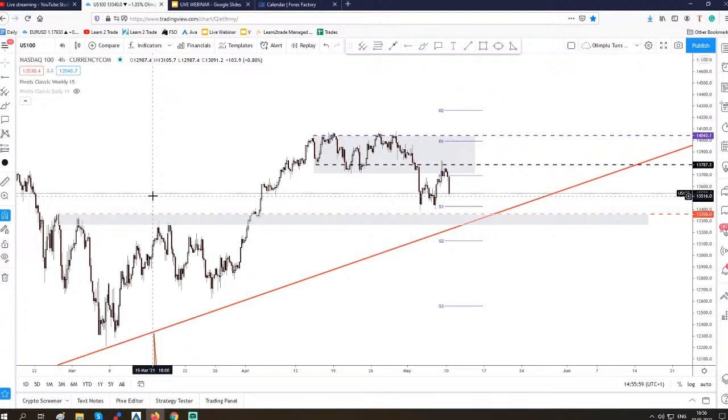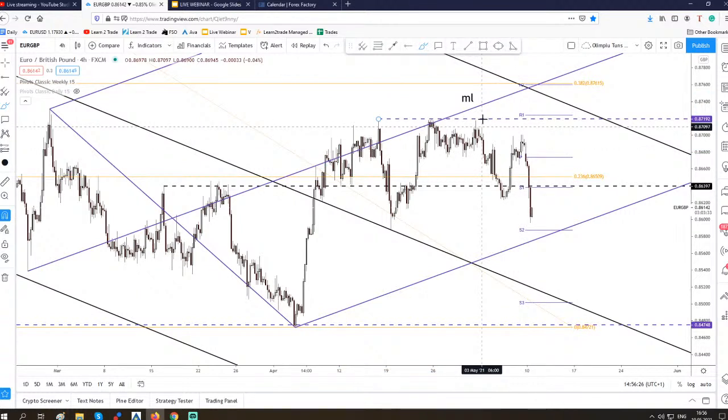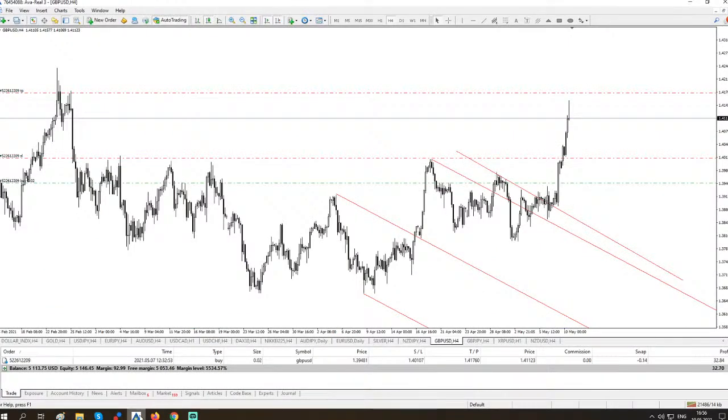You already know, I've told you in my previous webinars that the price was at resistance here. The medium line of the ascending pitchfork has rejected the price. Here the price has failed to make a valid breakout above 0.8719 or to reach the medium line, and now it has decreased, so the drop was expected. The pound is strongly bullish in the short term,